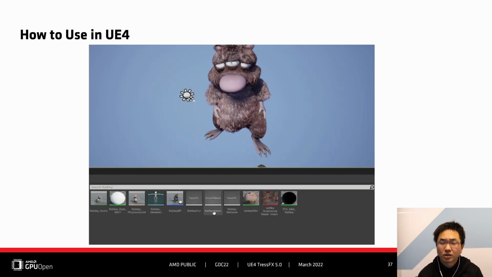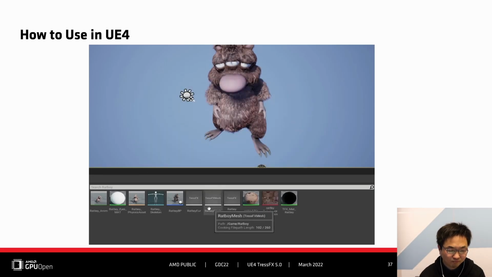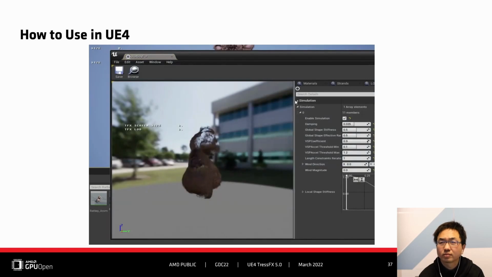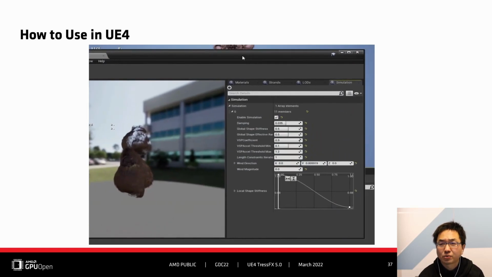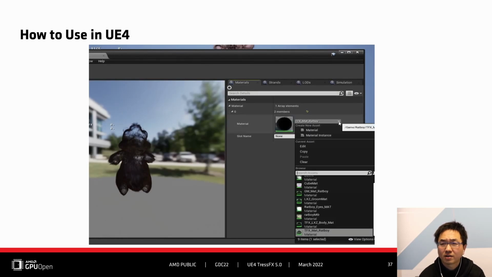Now let's open the TraceFX Asset Editor. It has 4 panels. In the Material panel, search and set the TraceFX material.